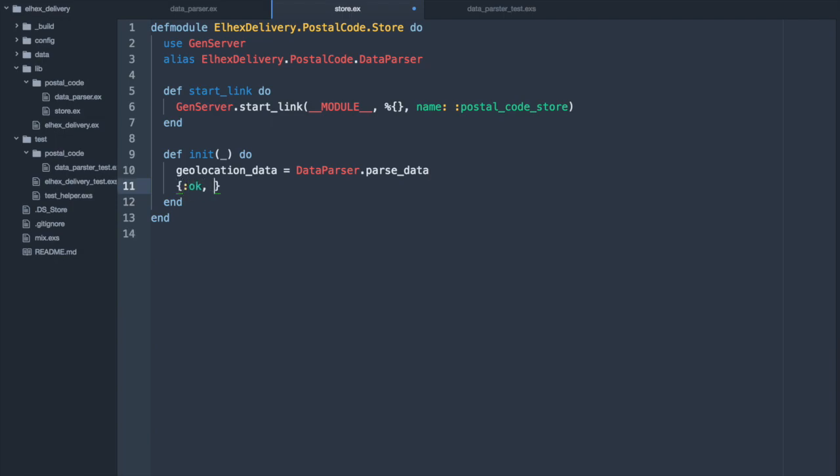process. The init method has to respond with OK and the state that our GenServer process is going to hold, which is our geolocation data in this case, with the postal code as the key and latitude and longitude tuple as the value. The GenServer process will not start if there is some kind of an error during parsing. There is also a default timeout on the init method, which you'll have to keep in mind if you're working